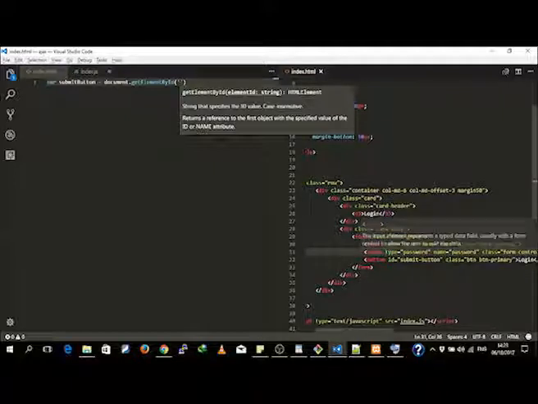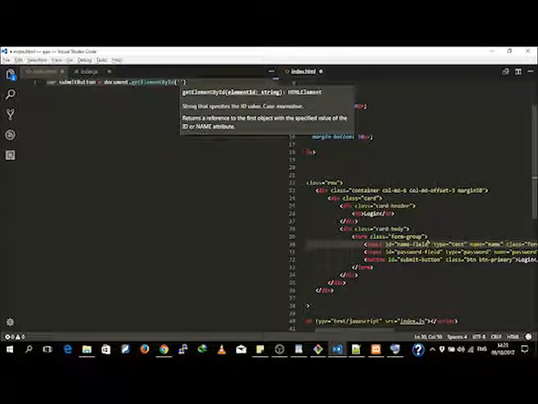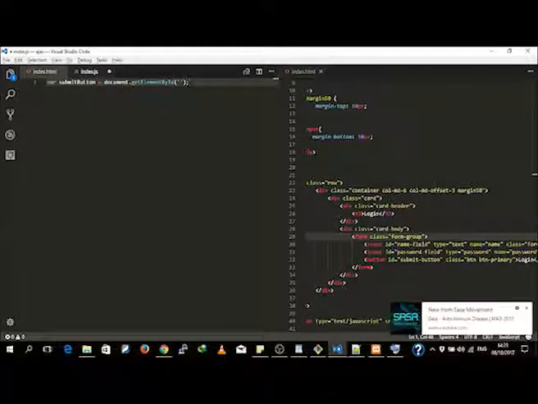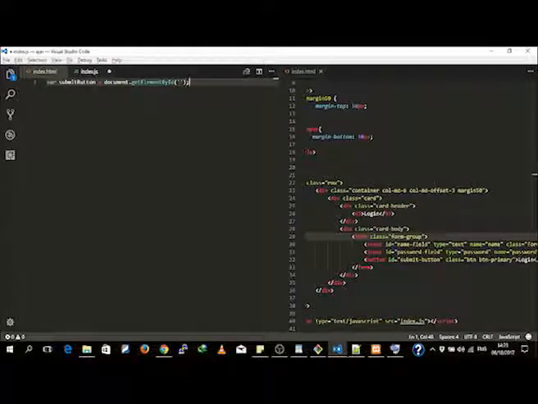We're also going to give our password input an ID of password field. We're also going to give our name input an ID of name field. We'll save that. We'll use that later, but right now we say document.getElementById, we are going to get our submit button, and then we are going to say that,